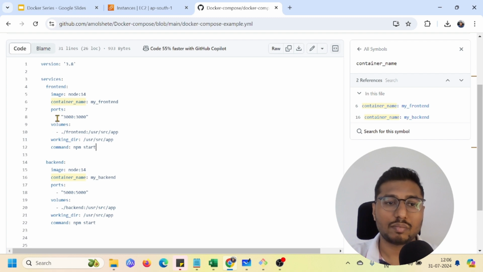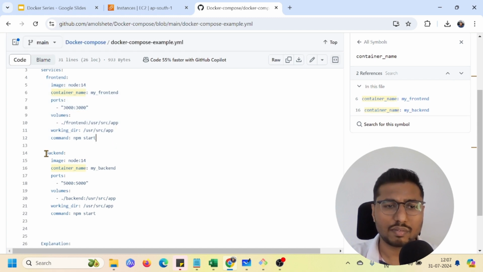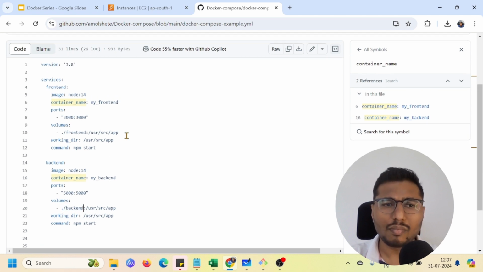In fact, even if you have an environment variable, you can just mention it here. So all of these things you get. That's my first service here, and the second service is almost the same, with all the configuration the same. It is just the port number that is different, and probably the volume mount we are doing at a different port. It's the same base image with which we are going to create multiple